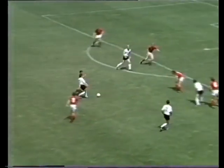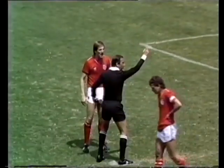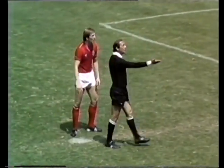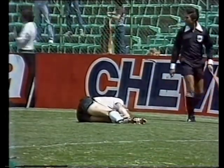Berthold, Litvarsky, getting it through. Will Rahn get there? Penalty given! The second penalty that England have conceded in this tournament. And Rahn goes down, and with 4 minutes to go to half-time, Mark Wright it was,